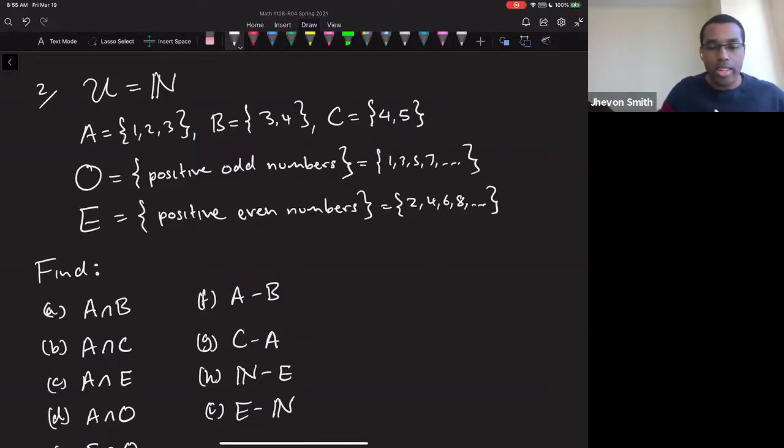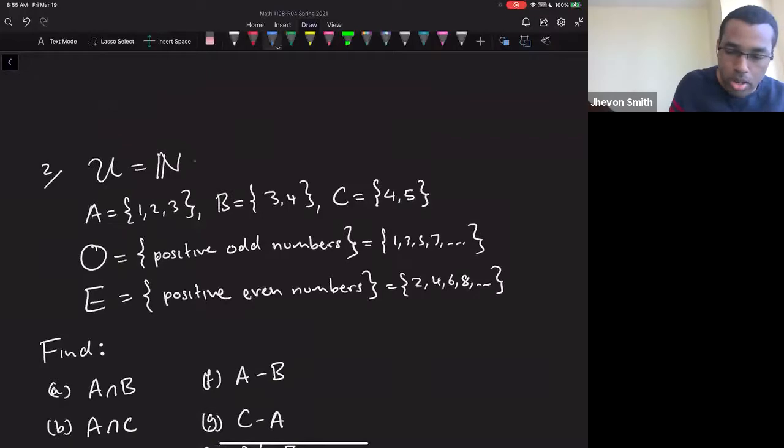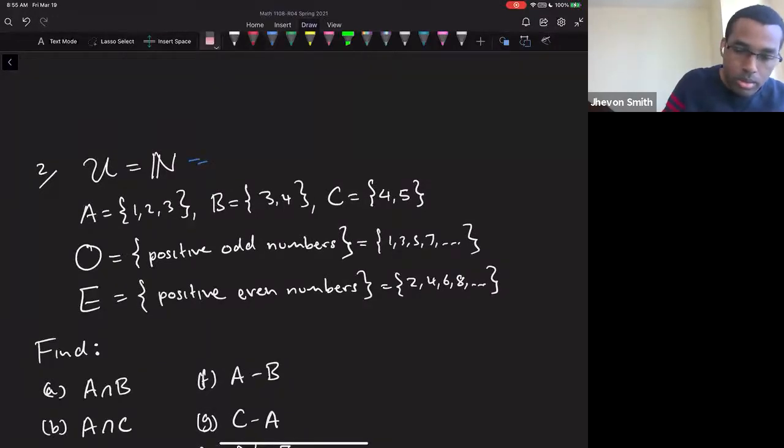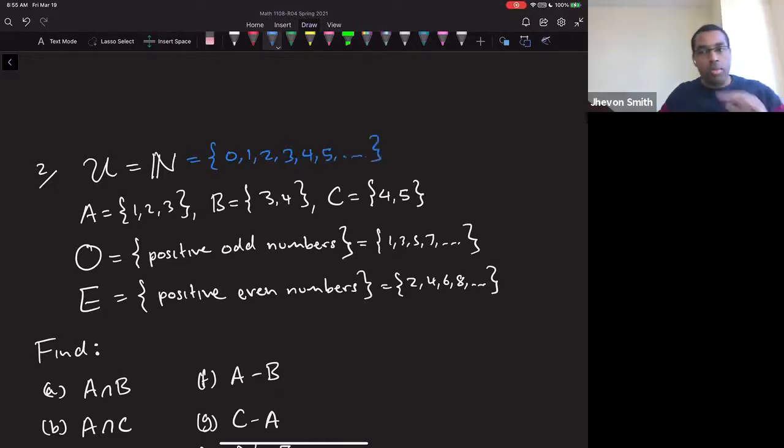So my universal set is the natural numbers, and don't forget what this means. It means all counting numbers from 0 or bigger. And as I mentioned, not all sources include 0 in the definition of the natural numbers. So you have to be careful when you're reading the source. It'll usually tell you in the glossary, or make you know some other way what it thinks the natural numbers are. Some people start from 1, some people start from 0, for various reasons. It's more useful to have 0 in there, but the real mathematical purists are probably like, oh, we start from 1. 0 wasn't invented till like,